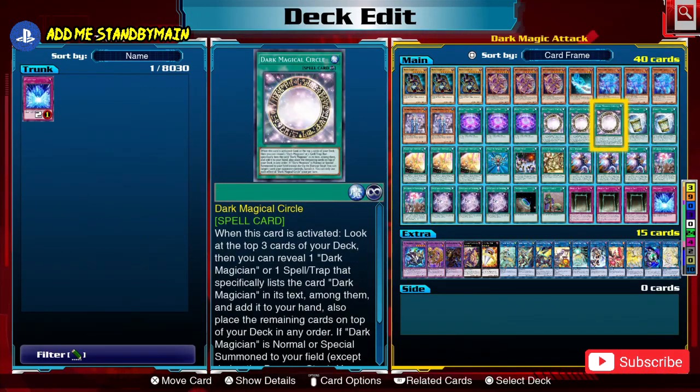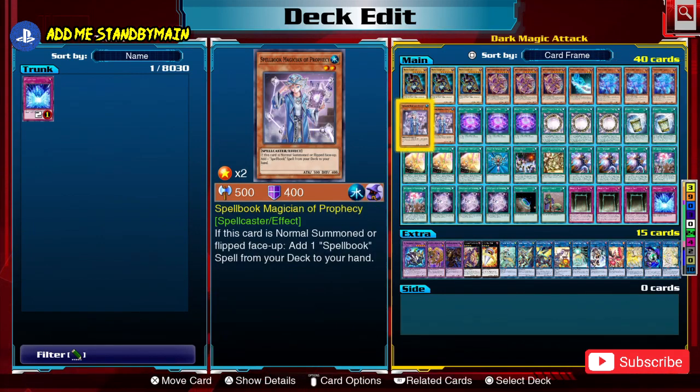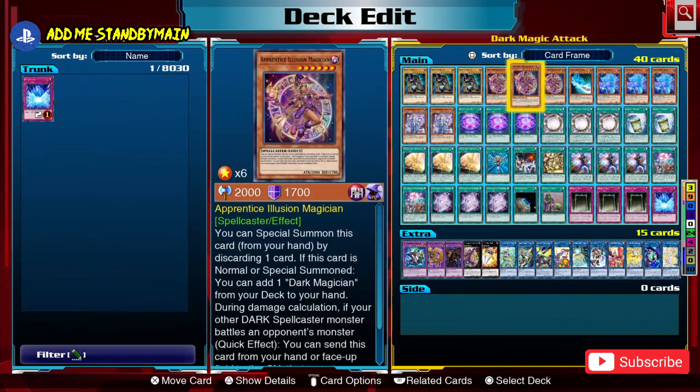But if you do have access to Dark Magical Circle, or you do want to have Dark Magician on board, then you can also find a way to summon Dark Magician using Magician Souls. We have 2 more normal summons in the form of Spellbook Magician of Prophecy,